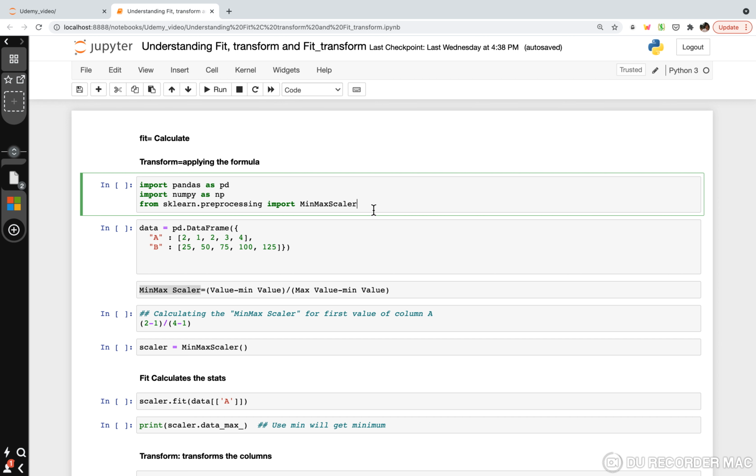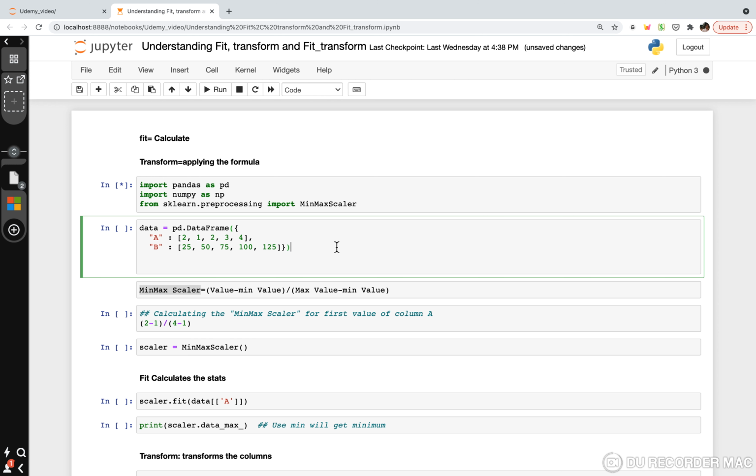So I have imported pandas, numpy, and one of the feature engineering methods called MinMaxScaler, and I will also make a data frame.